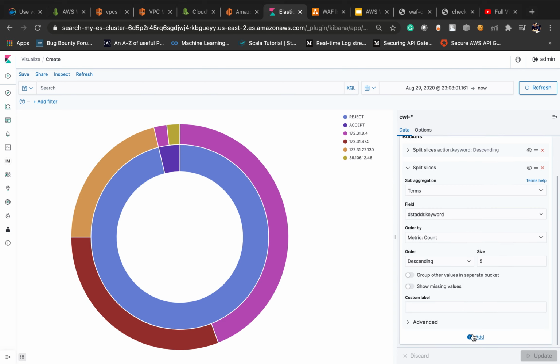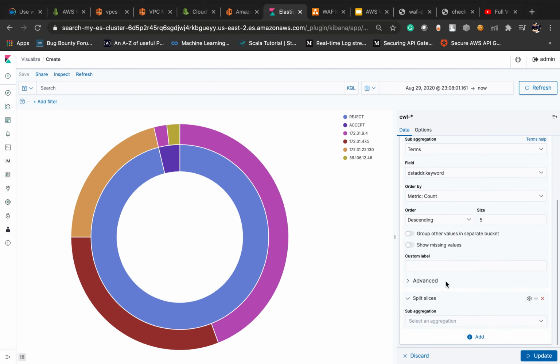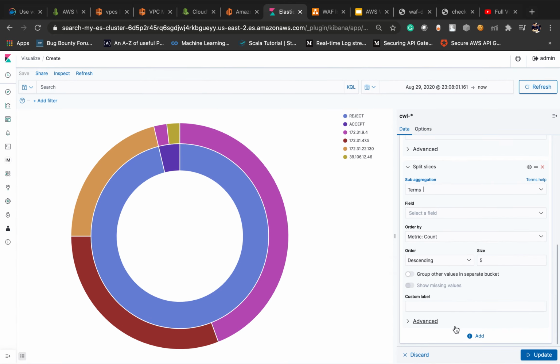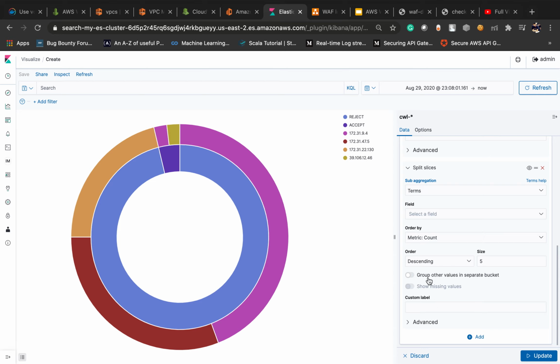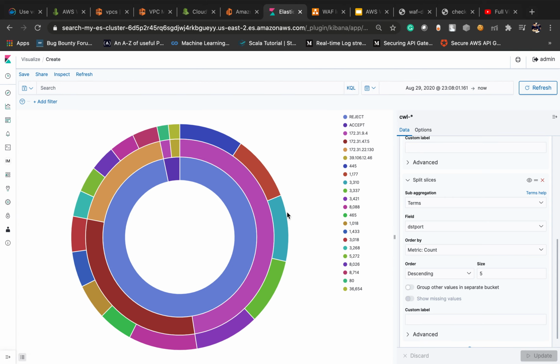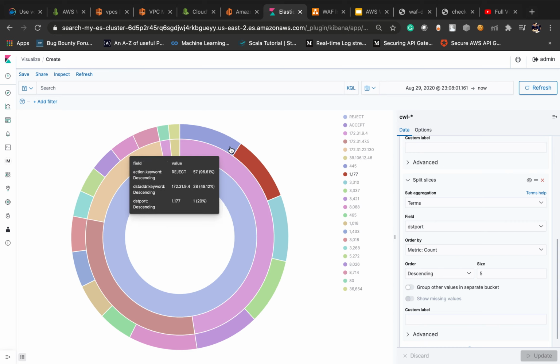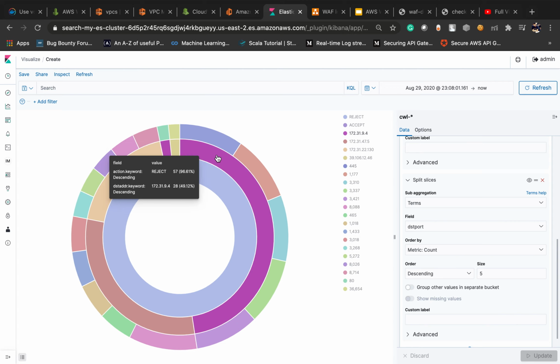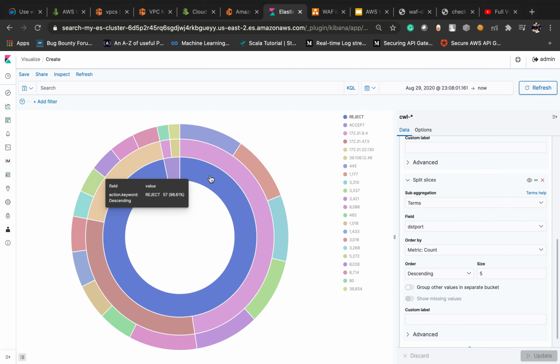Also we can add some more labels. Click on terms. This is the destination port, this is port 445. This is being rejected from this particular IP.